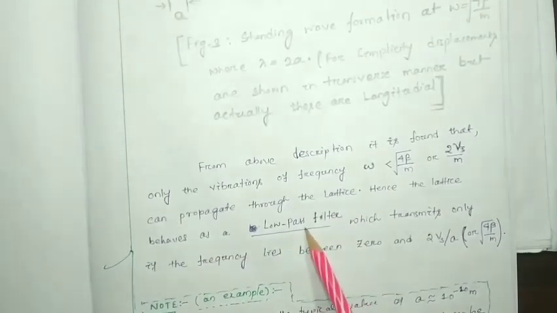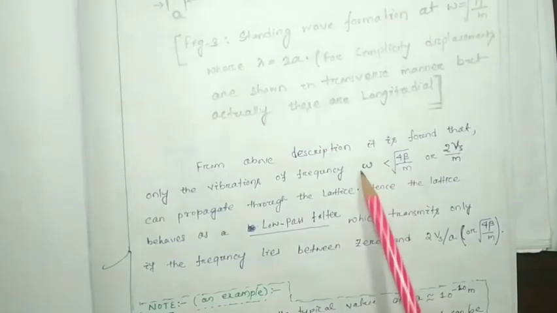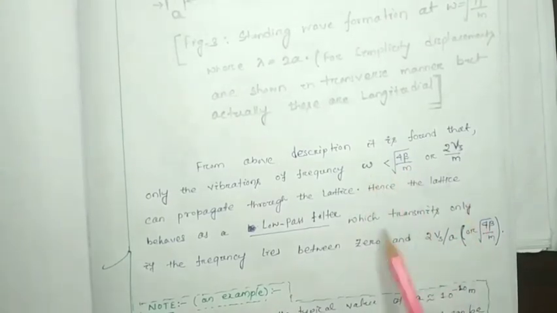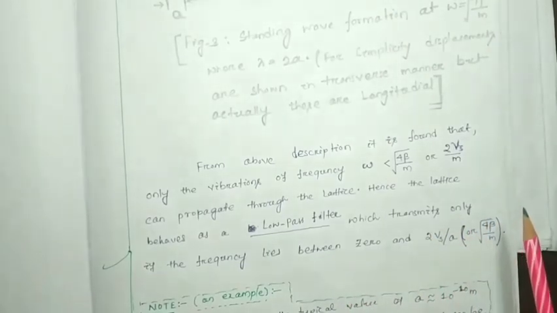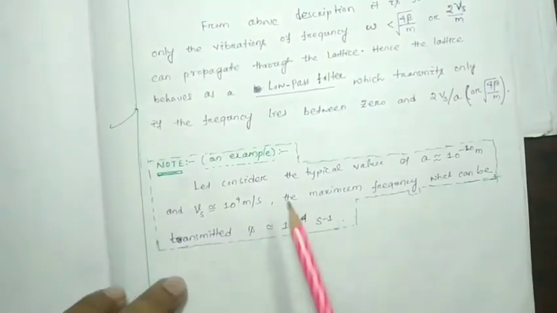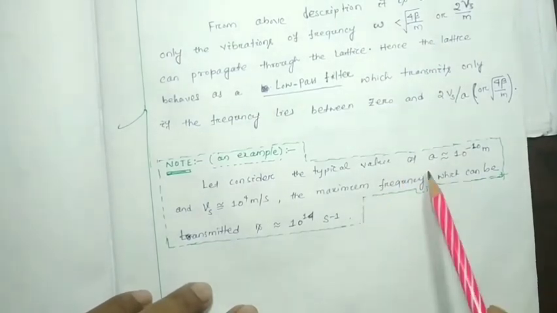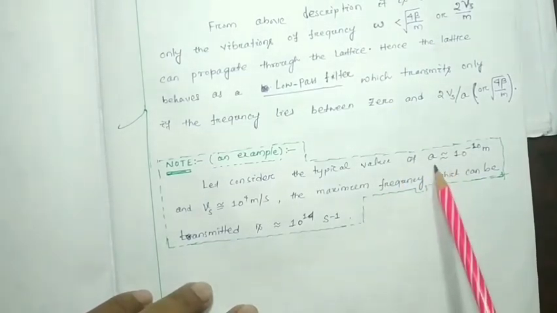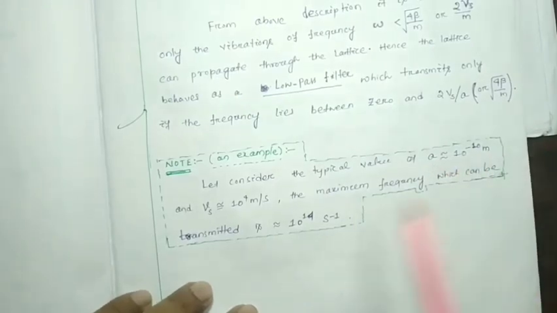Okay, it is a low pass filter, because the lattice allows only frequencies less than a particular frequency to be transmitted, that is, only if the frequency lies between 0 and one particular value. Here I have one simple example for you. Consider a typical lattice structure, a crystal having a lattice constant of approximately 1 angstrom, which is 10 to the minus 10 meter, and the velocity,